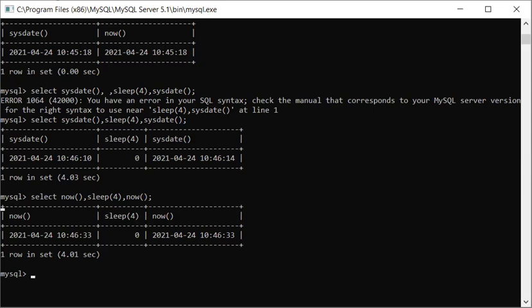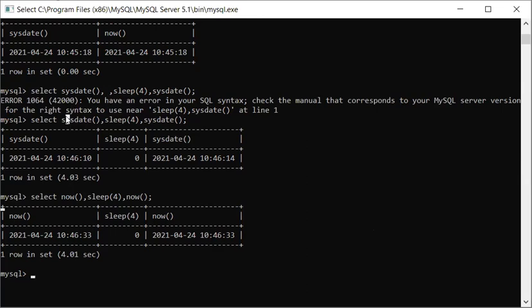Seconds difference. See, what you have to understand now, if I'm using sysdate and sysdate continuously, what it is doing, whenever I'm going to use sysdate, every time it is going to fetch the time. Every time it is going to system and it is going to fetch the time.